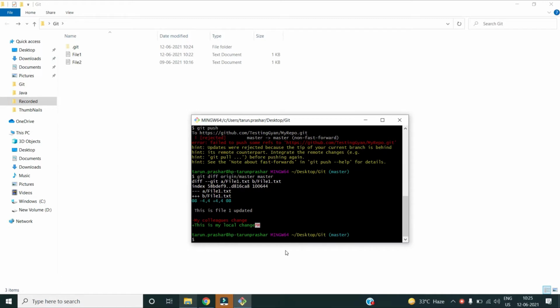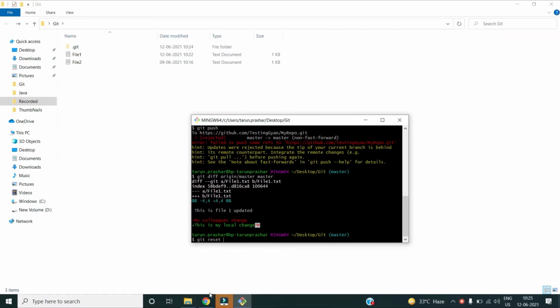Okay, so now in order to bring my project in sync with the remote branch, I have to perform a command which will take the changes from the remote repository to my local system. So what I can do, I can do git reset.